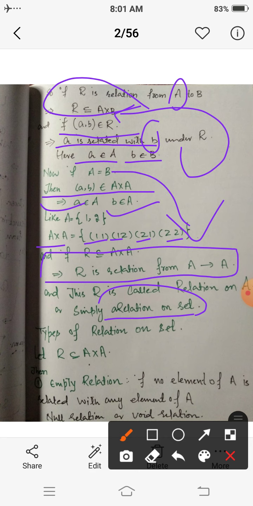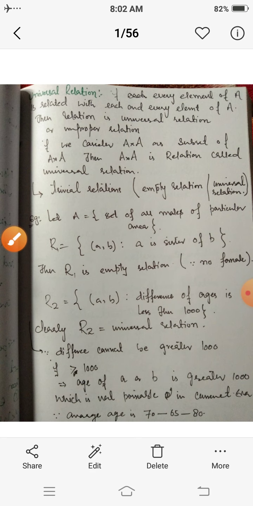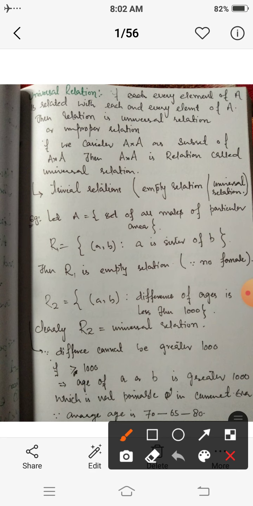Now the types of relation. The first one is the empty relation. An empty relation is one through which no element of A is related to any element of A itself. That is simply called the null relation, void relation, or empty relation. The second one is the universal relation. If each element of A is related with each and every element of A, then the relation is called the universal relation or the improper relation,